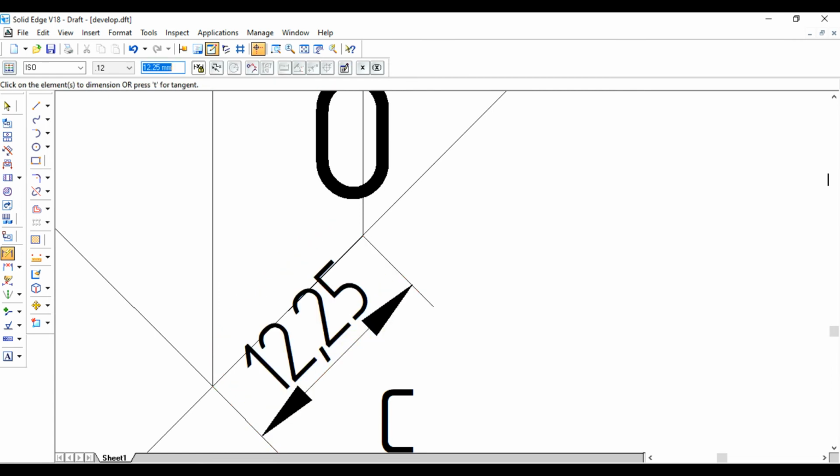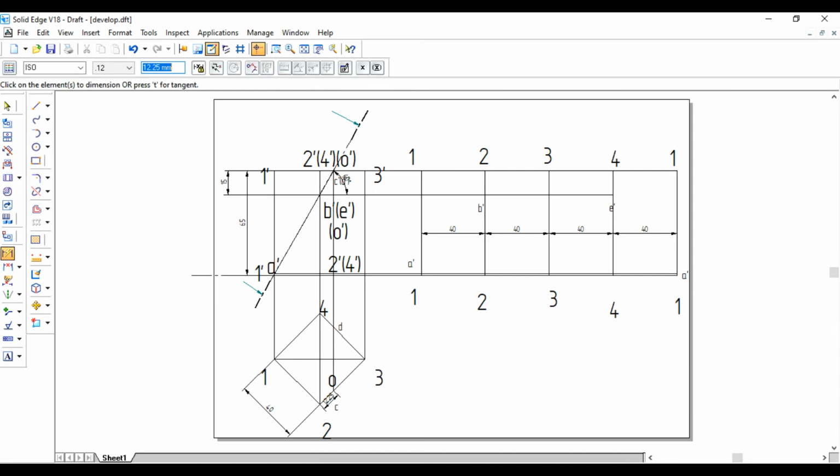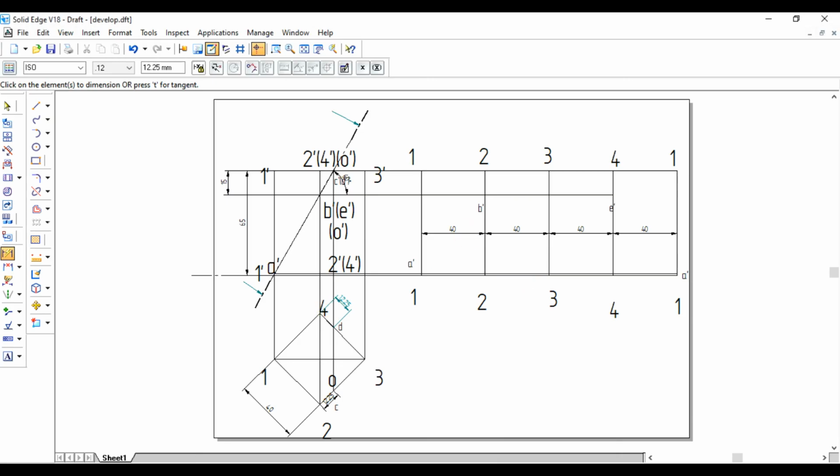So 12.25. Okay. It is the distance from 2 to C. It will be 12.25. In the same way, you can check from here to here. What is the distance? It will be 12.25. Same distance, right? 2 to C is also same. 4 to D is also same. So now what I am going to do is, okay. So after this, I need to take